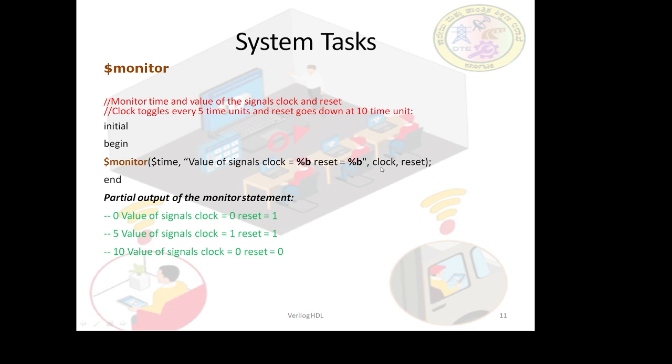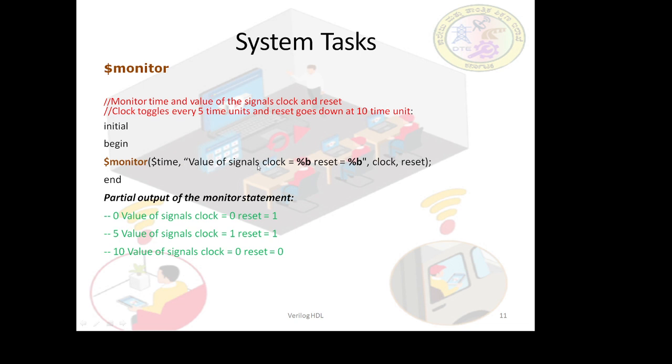We are using these variables clock and reset. So that has been separated by commas, and the remaining things have been written within the double quotes. We are using the current simulation time, the clock parameter and the reset. These are the variables, and within that we are trying to display the text which has been written within the double quotes; that text will be displayed as it is.